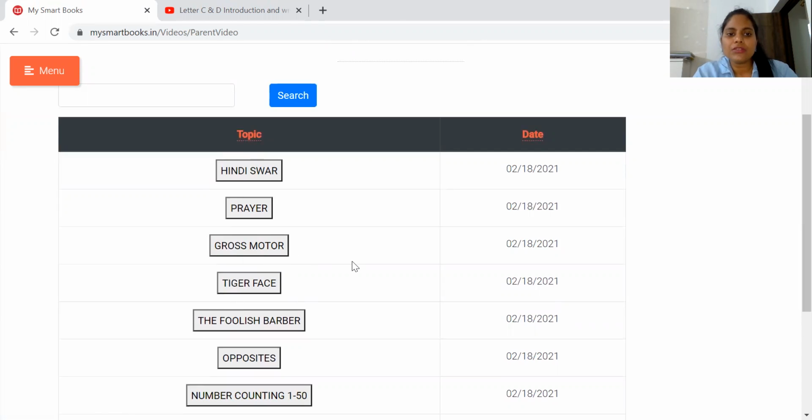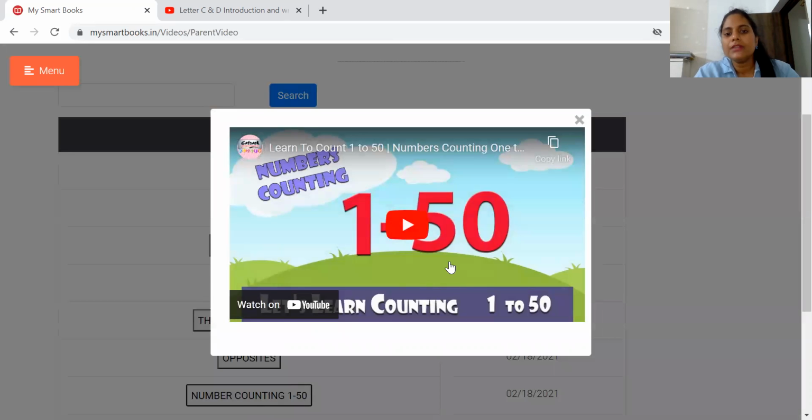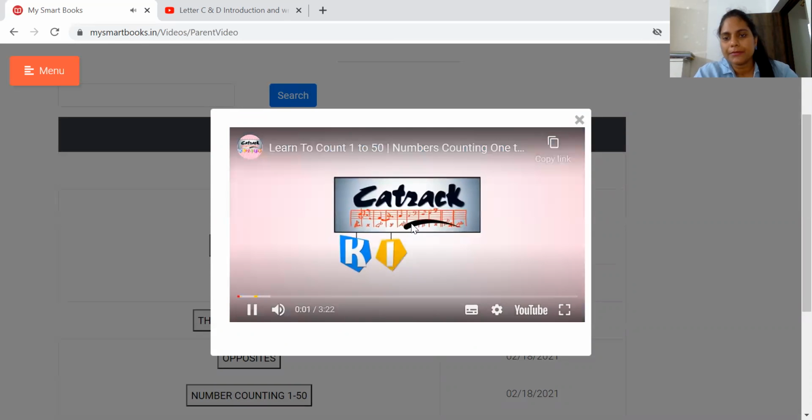For example, there's a gross motor skill activity on that particular day for half an hour. There is a craft activity for 20 minutes. There is a story, opposites, concepts, and number counting. Anything you take, it is going to be there in that particular day's video, and it will open directly there.